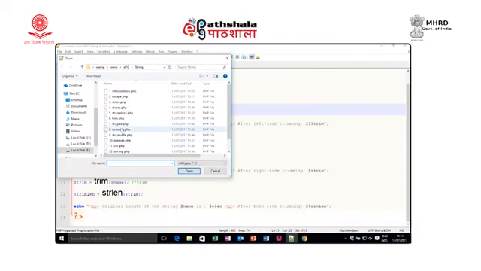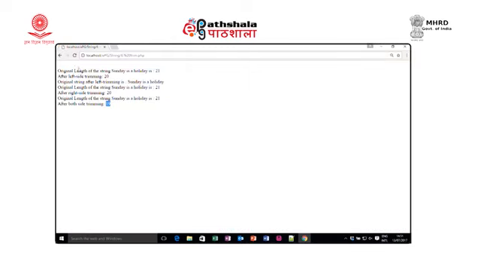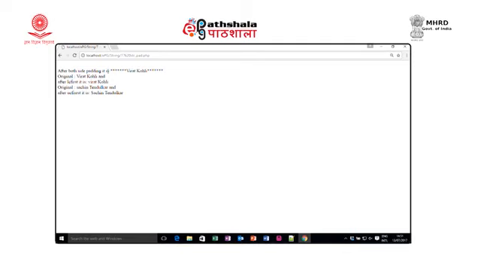strpad.php. So, I open this one, and here the string is Virat Kohli, and I pad it, because it is not 25 characters, these are only 11 characters. So, I write str25, and now not with space, I want to pad with the asterisk symbol, and pad on both sides. So, if I run that code now, look here, it displays Virat Kohli that way, with a total of 25 characters.